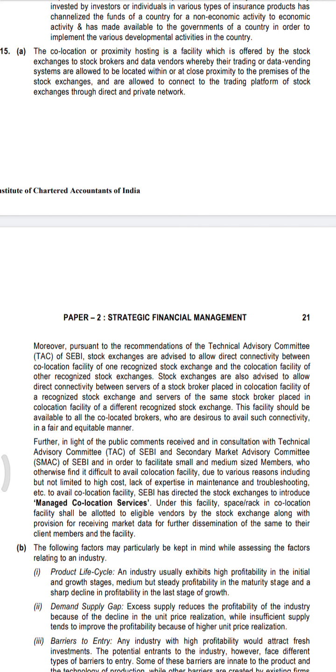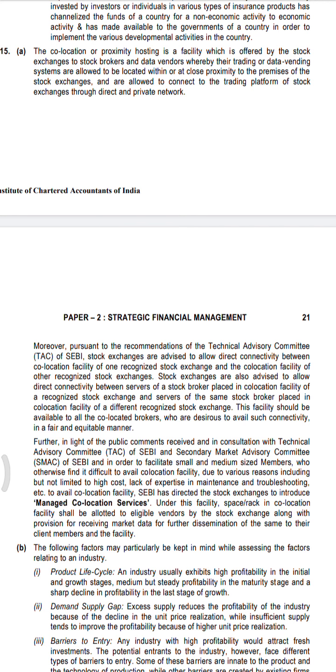Pursuant to recommendations of Technical Advisory Committee of SEBI, stock exchanges are advised to allow direct connectivity between co-location facility of one RSE and co-location facility of other RSE. Stock exchanges are also advised to allow direct connectivity between servers of a stockbroker placed in co-location facility of a recognized stock exchange and servers of the same stockbroker placed in co-location facility of a different recognized stock exchange. This facility should be available to all the co-located brokers who are desirous to avail such connectivity in a fair